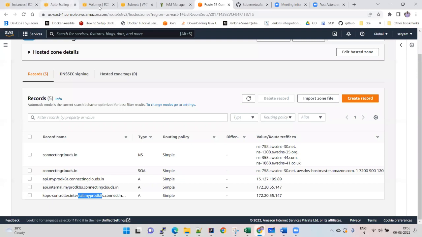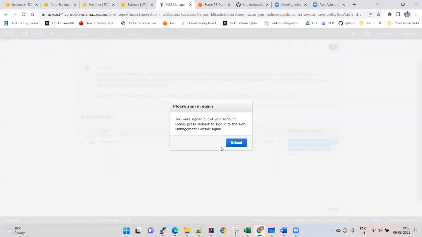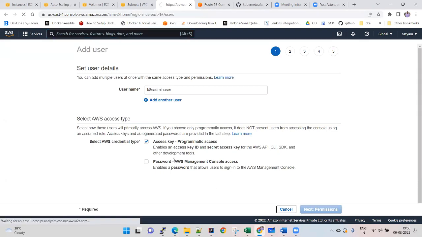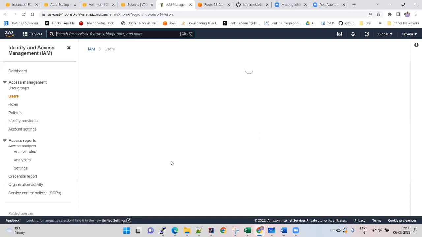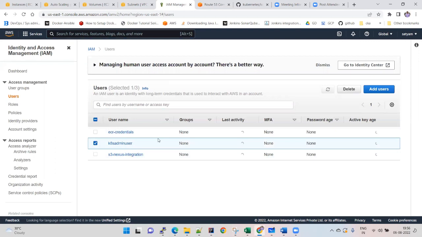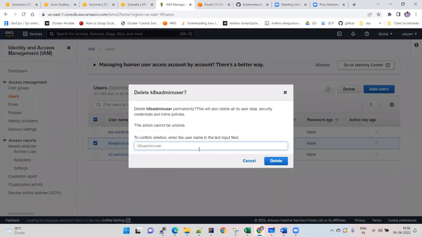What I will do is go to IAM and make sure that I delete the user, because the access key and secret access key have been shown in the video. Okay, so you should always implement the best practice. Go here to the IAM user and delete this user so that there is not any wrong use of this particular credential. Okay, this is the user that I have created, and I can go and delete it. So now I'm fully